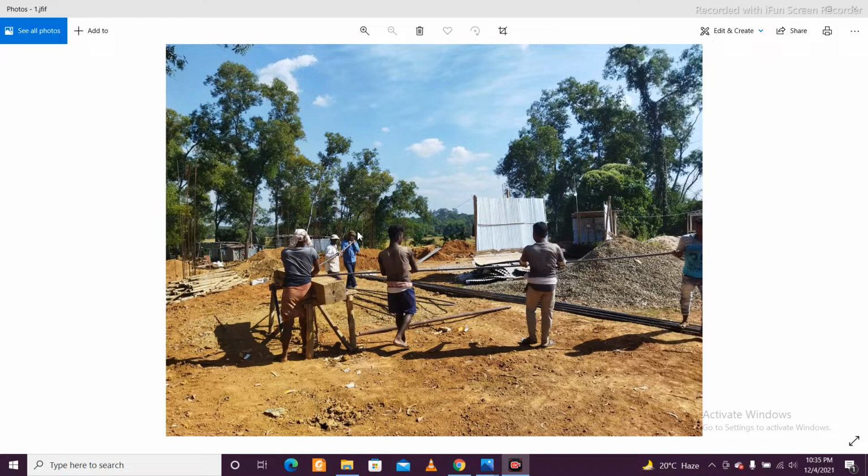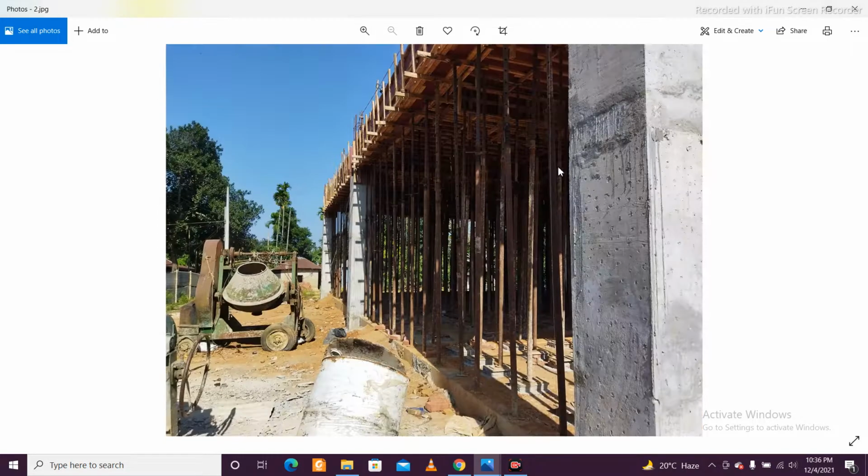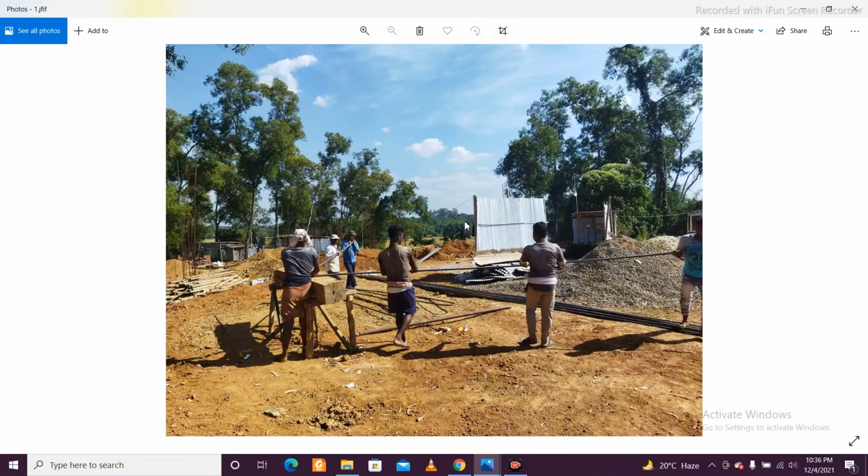You will see that the rod binding can go on for the beams first and then the slabs. So the rod bending and binding will go on, and parallelly the shuttering can go on. Typically during the rod binding, if you are a site engineer, you can instruct the foreman, or you can yourself check each individual rod size.